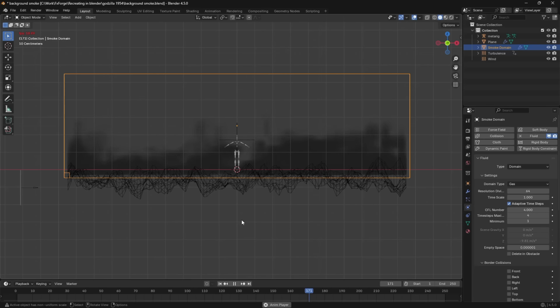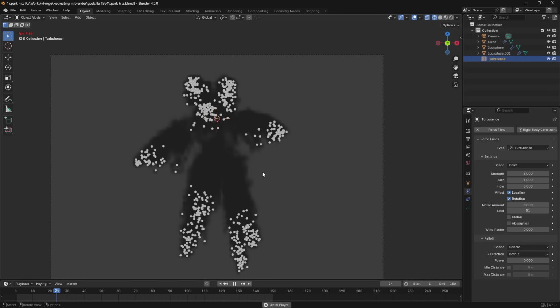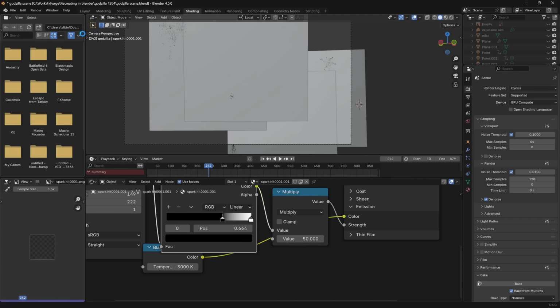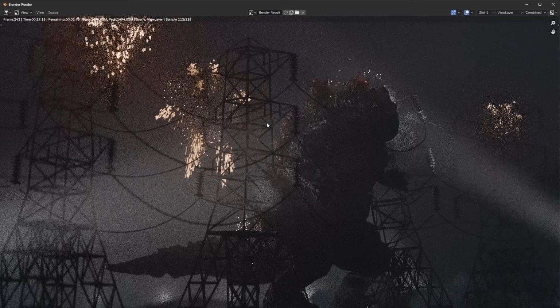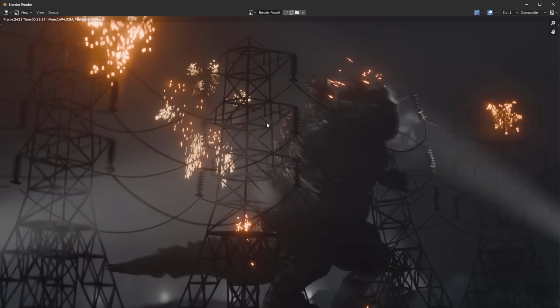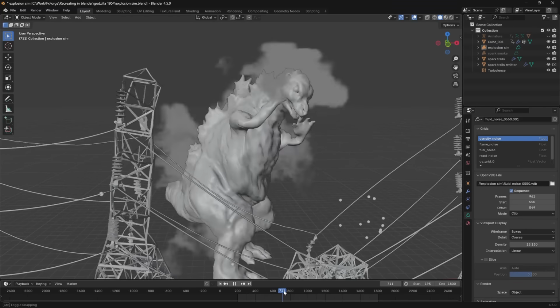I wanted to add a little bit more atmospheric effects to make the scene feel less clean in a sense. So I created this smoke card and these detailed spark hit cards with some additional smoke and brought that into my scene as animated image sequences, and that just adds a little bit more detail to break up the volumetric smoke a bit. Then I simulated some explosions from the Godzilla being hit with the artillery cannons and had the Godzilla mesh be a fluid collision object,